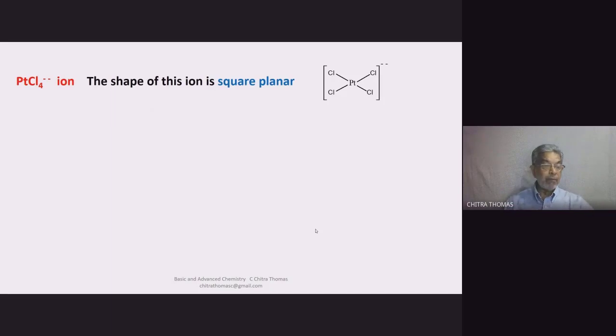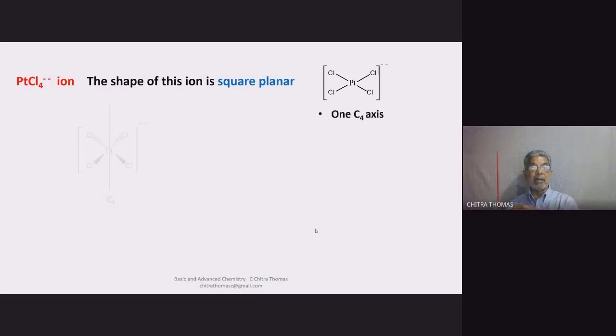Now the PtCl4 2 minus ion. This is the PtCl4 2 minus ion, which I can hold like this, or like this. This diagram corresponds to this orientation. I'm holding it in the plane, or I can hold it like this. Now, you identify or guess the proper rotation axis. What about this axis? Is it a rotation axis or not? This is the C4 axis.